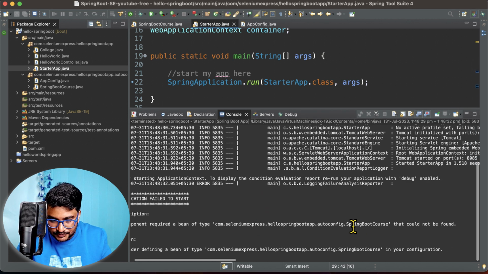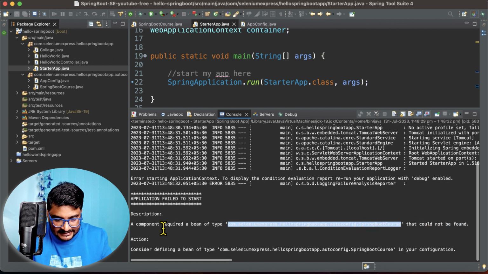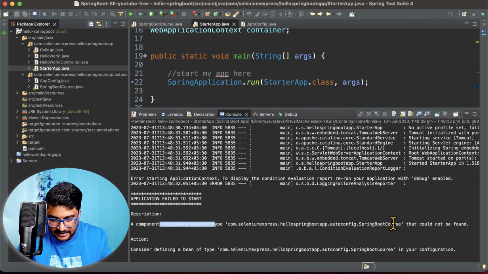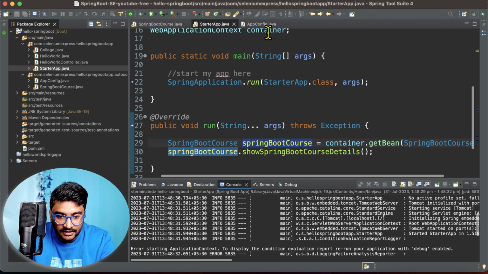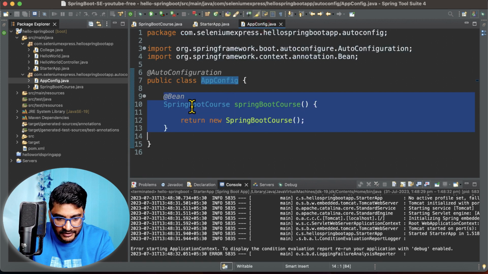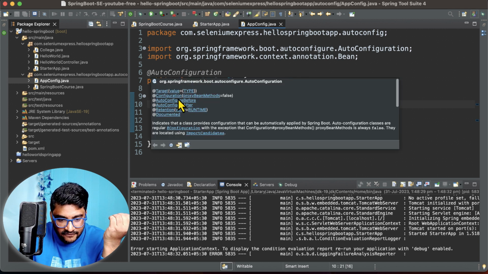It is saying that the Spring Boot course could not be found over here. So this bean is not found. It's saying a component is required for the bean type, and it is not found. It is asking me to consider defining a bean for Spring Boot course in your configuration. But I'm defining my configuration file over here and a bean for the Spring Boot course, but it is not getting detected. So if you look at the @AutoConfiguration annotation, it also has the @Configuration annotation